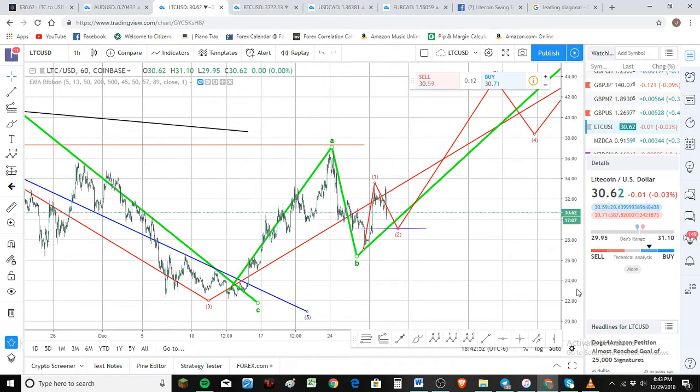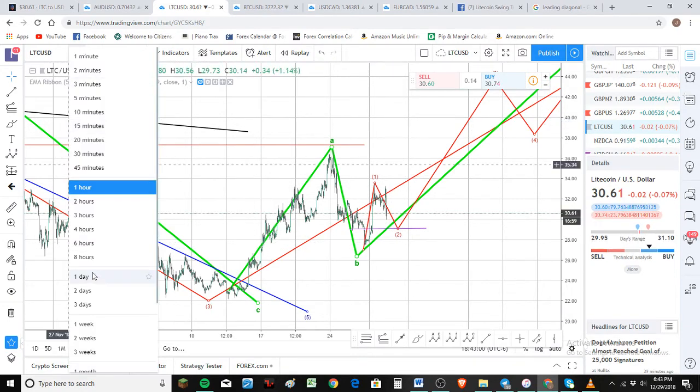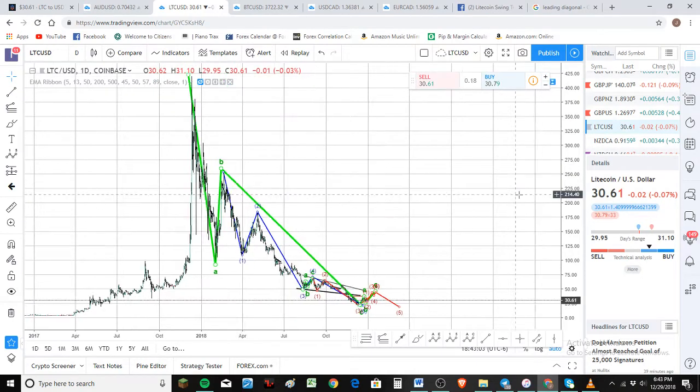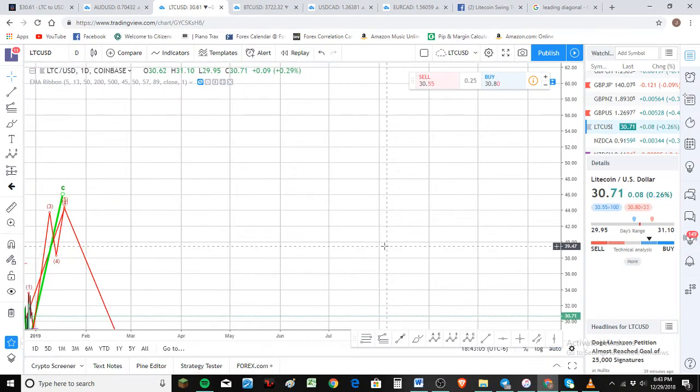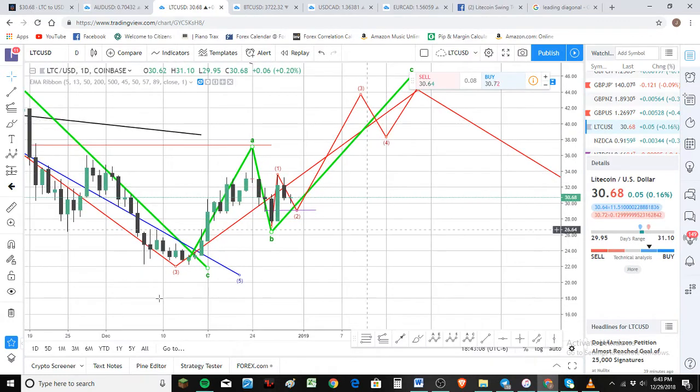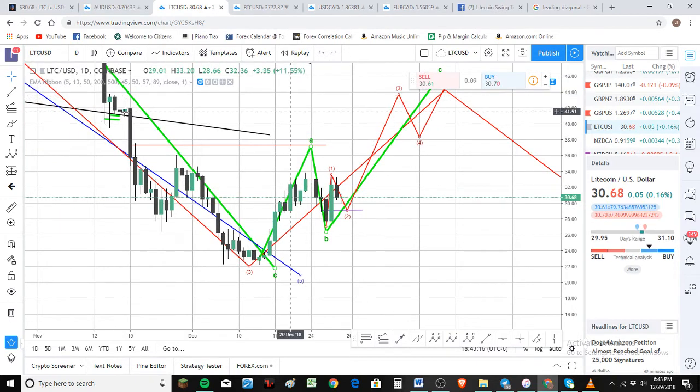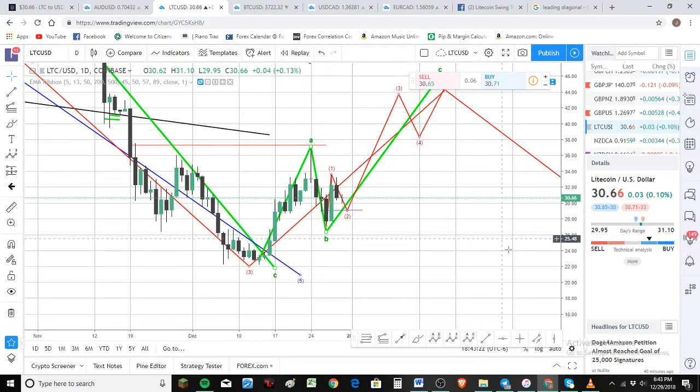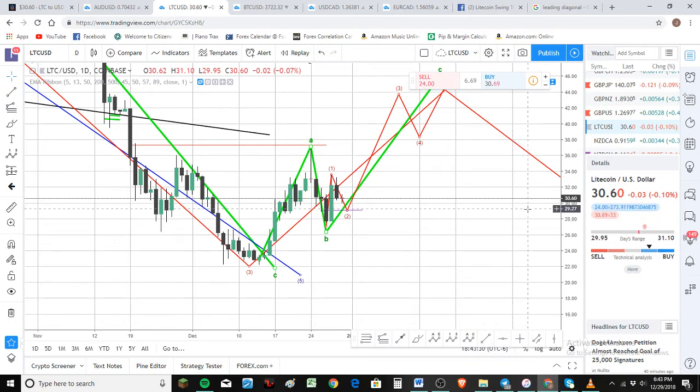So whether we're dealing with a 1-2-3 or an ABC, I'm not sure. But let me just zoom back out so we remember where we were. Whether it's a 1, 2, 3 or an ABC, I think we're coming up here in the $40 range. So that's what I'm looking for, somewhere in this area, $40 to $46. We'll see how the waves are counting as we go up. I'll be able to tell you better as we go up. All right, that's the update. Don't freak out. Expect about $29 before we go back up.